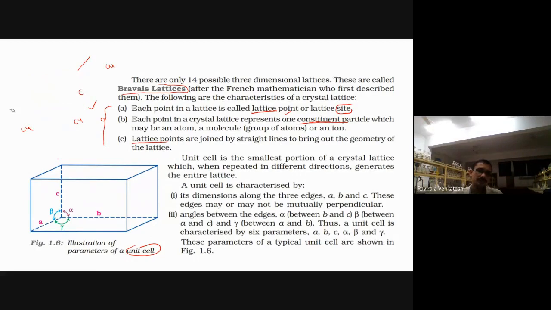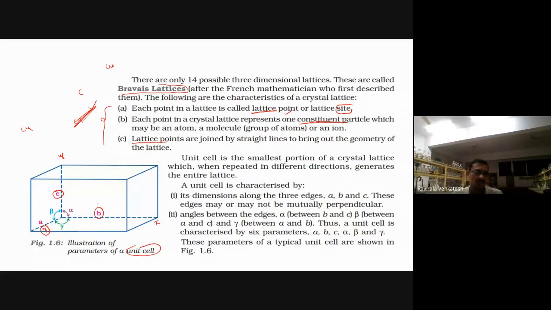Now, when you take a crystal lattice, for example, if you take this as the x-axis, this one as the y-axis, and this one as the z-axis, the length of the x-axis you can take as B, or as A if you wish. The length of the y-axis you can take as C, and the length of the z-axis you can take as A. Otherwise, you can take this as the x-axis also. That is your wish actually.